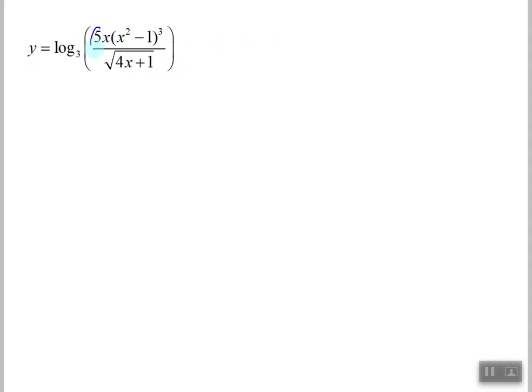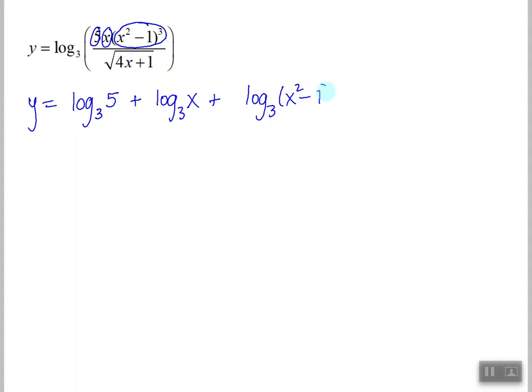Notice that I'm multiplying a 5 times x times an x squared minus 1 cubed. So using my property with logs, that when I'm multiplying, I add the separate logs of those. Log base 3 of 5 plus log base 3 of x plus log base 3 of x squared minus 1